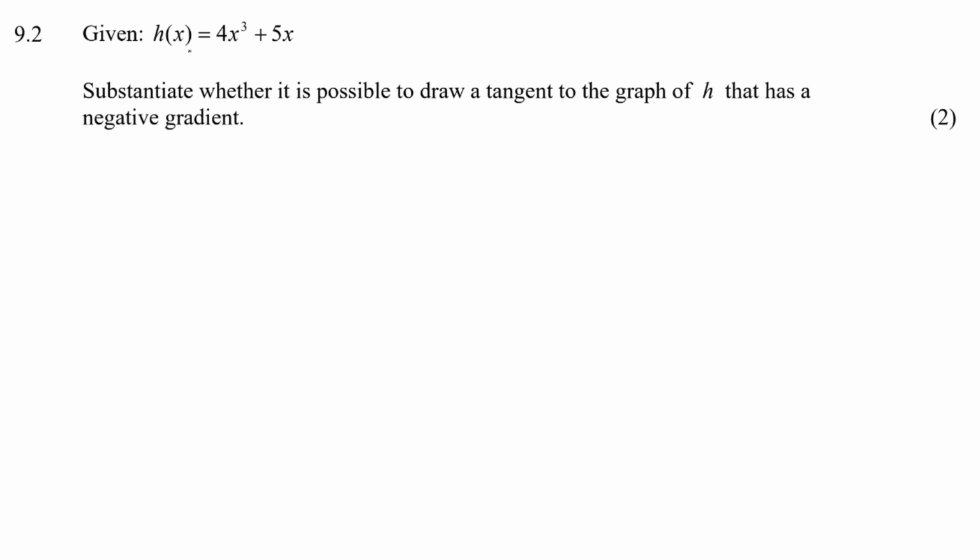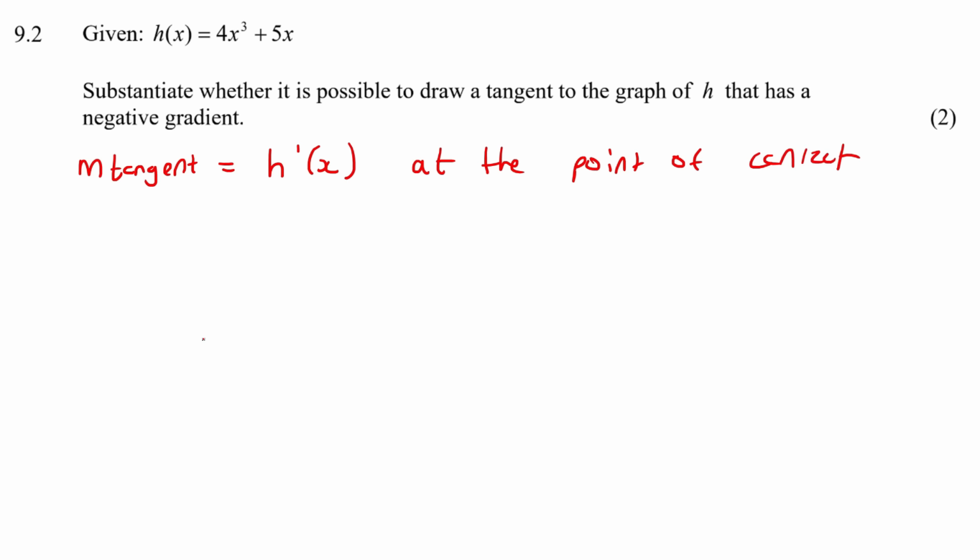Given that h of x is equal to 4x cubed plus 5x, substantiate whether it is possible to draw a tangent to the graph of h that has a negative gradient. Well, they're trying to make it confusing, but it's actually very easy. We know that the gradient of a tangent is the same as the gradient of the graph at the point of contact. So for example, if you have a graph like this, if you have a tangent,